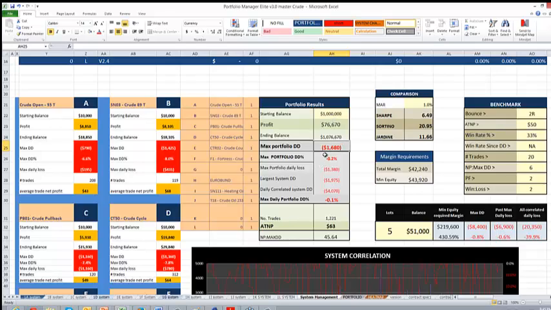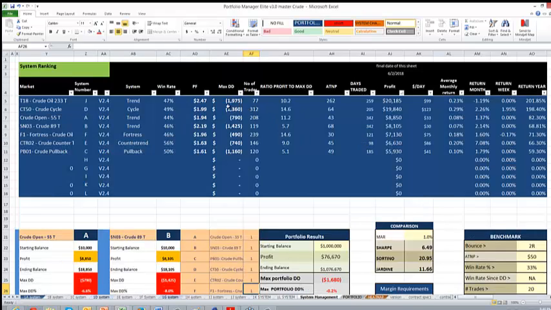max portfolio drawdown? So that's one of the things that we need to really look at as far as our performance. Could we do anything else to improve the overall portfolio? Could we add systems in that may knock that drawdown down? Could we potentially go back to our profile and work on trying to improve the overall drawdown of the trend? So picking these trend cycle systems and trying to work out how we can improve those.